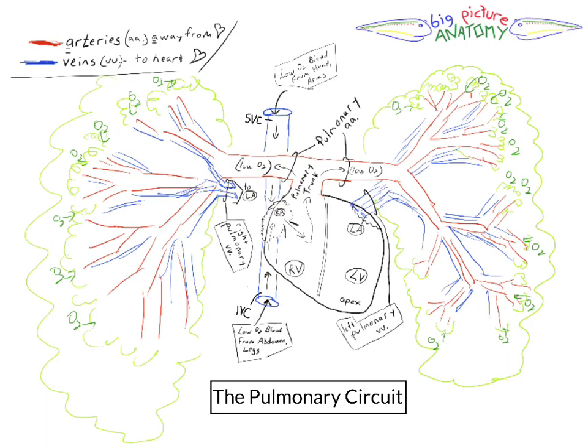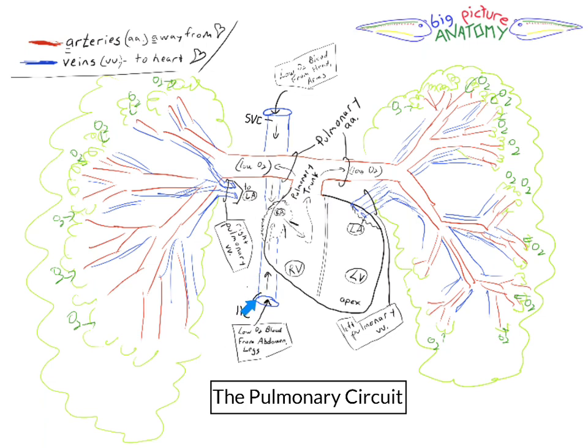This is Big Picture Anatomy with a look at the pulmonary circuit, or how the heart pumps blood out to the lungs to pick up oxygen to deliver to the rest of the body. We start with low oxygen blood returning to the heart from all the other systems of the body where it's